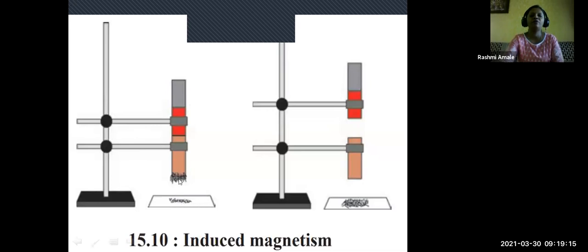What you will observe is that the iron filings are getting attracted to the iron bar. It is not a magnet, still they are getting attracted because it is behaving like a magnet, because it is in contact with a magnet. So this kind of magnetism is called induced magnetism. Now here on the right hand side, you see we are moving the magnet away from that iron bar. All the pins have fallen down. So this kind of magnetism is a temporary magnetism. This iron bar will behave like a magnet only when it is in contact with this bar magnet. Otherwise, it won't behave like a magnet. So this kind of magnetism is called induced magnetism.